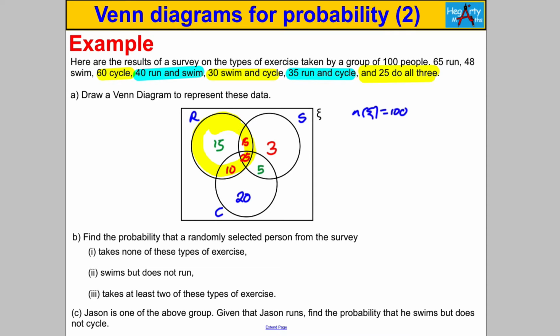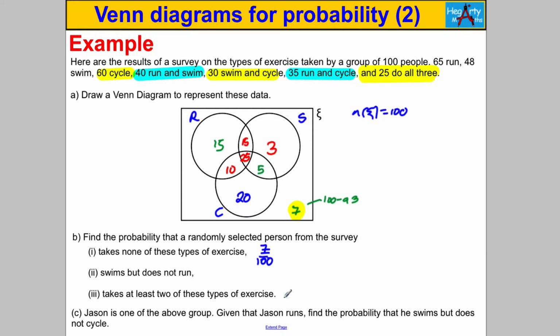We are nearly there. We are not quite finished. We do need to put how many people outside. So we add all these numbers up, and if we add the numbers up, we get 93. Now we know the whole thing must add up to 100. So for this section here, we do 100 subtract 93, which is the sum of all these numbers here, and we would get 7. That is our fully populated Venn diagram. Now we can answer any question with relative ease. It says, find the probability that a randomly selected person from the survey takes none of these type of exercises. Well, there are 7 such people out of a total of 100, so it's clearly 7 out of 100,